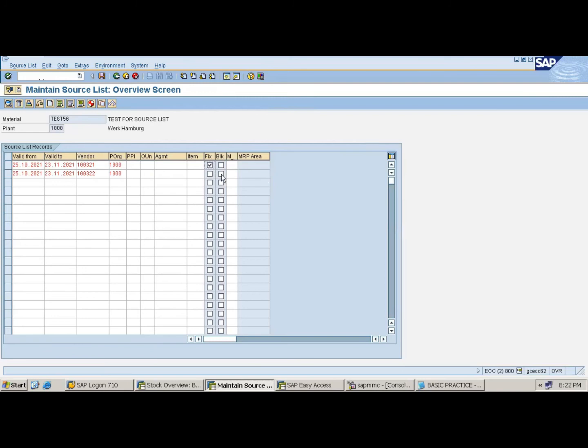It is not required to block all the vendors, because in real time we may have more than 10, 15, 20 vendors. So instead of blocking all the vendors, I go for the fixed vendor. So we are supposed to buy this material only from this vendor. That's it.